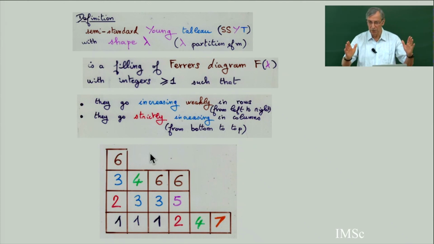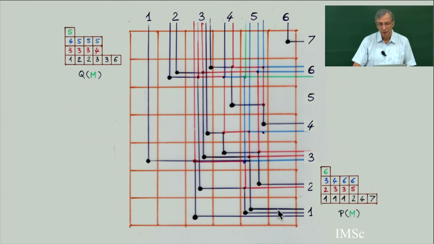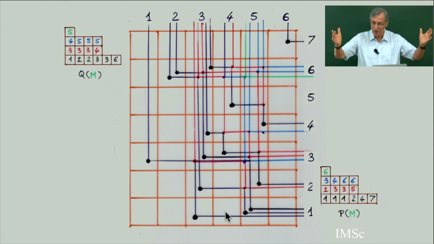When I was working with the permutation, the big permutation, where I make a distinction between all the 1s, all the 2s, all the 3s, then I get a pair of standard Young tableaux. But I have to show that reducing all the points in the same row to the same value, the pair of standard Young tableaux becomes a pair of semi-standard Young tableaux.